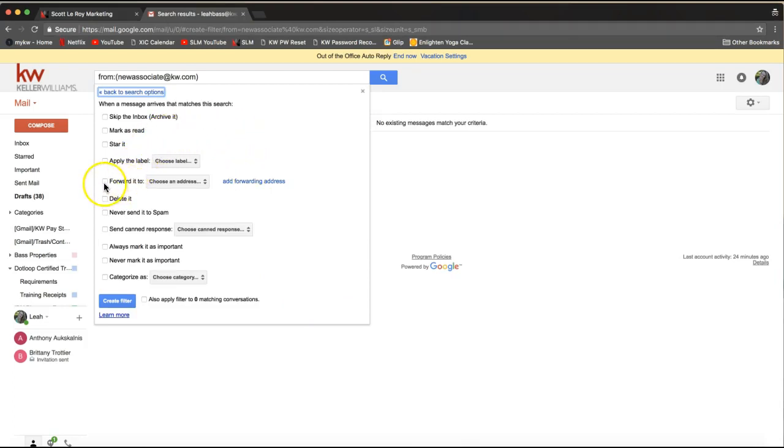And if you'll go ahead and click on Forward It To, so that checkbox to the left of Forward It To, about halfway down that box there. And last but not least, let's go ahead and click on that drop-down box where it says Forward It To. There's a drop-down, and go ahead and select support@scottleroymarketing.com. So this is saying that every time you receive an email from newassociate@kw.com, which will have your agent's default login for MyKW,